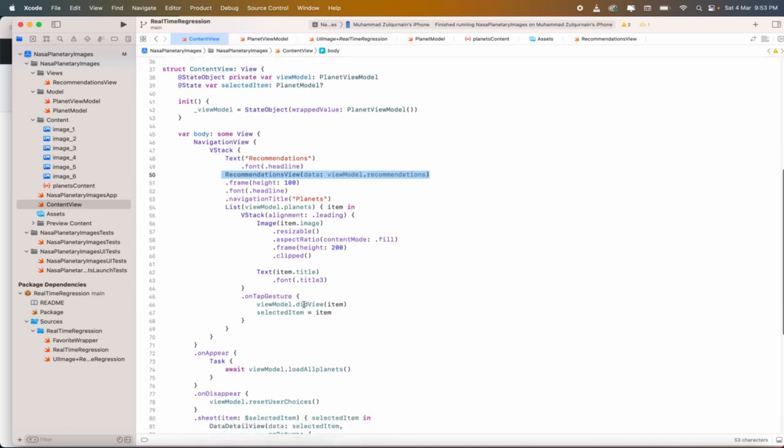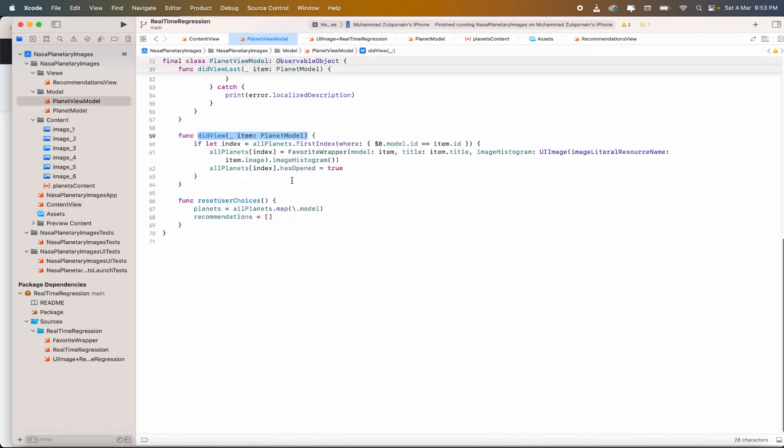You have to set the did view attribute, and inside did view attribute, basically the planet model is being passed, and the favorite property wrapper is being set, and the has opened attribute is set to true. So this will essentially carry out the calculation for time spent, and once the user goes to the detail view,